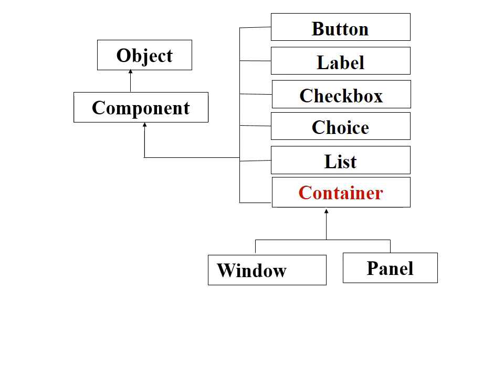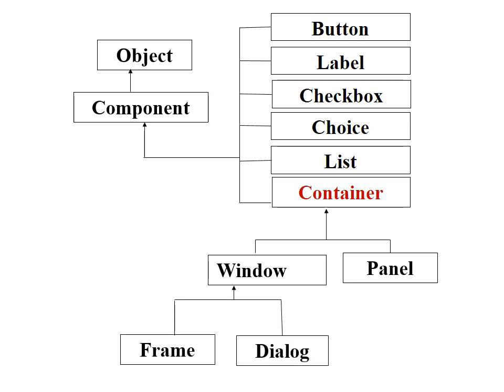The window class creates a top level window. A top level window does not contain within any other object. It directly displays on the desktop. Generally, we don't create window objects directly. Instead, we'll use two subclasses of window class such as frame class and dialog class to create a window.